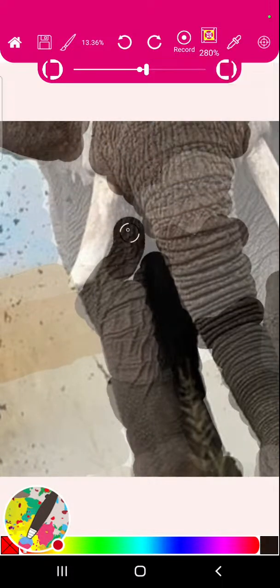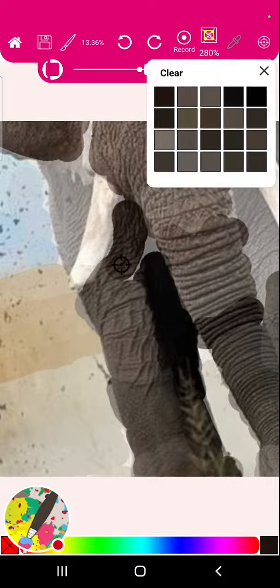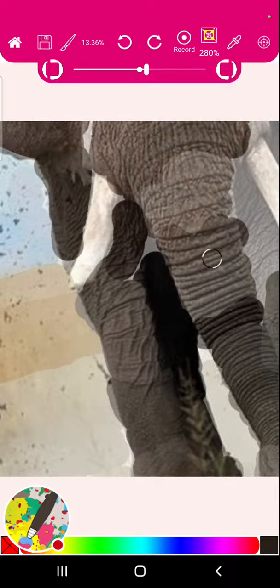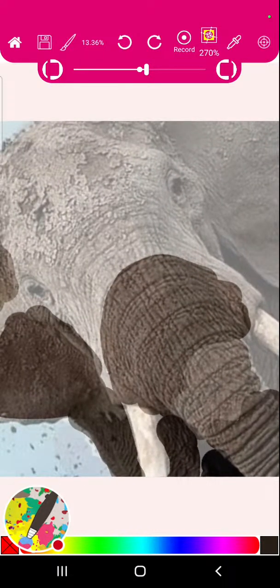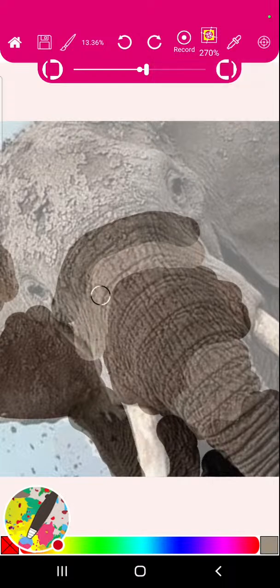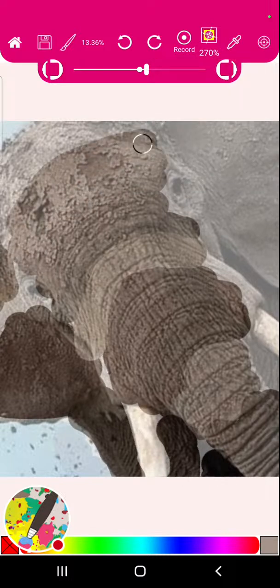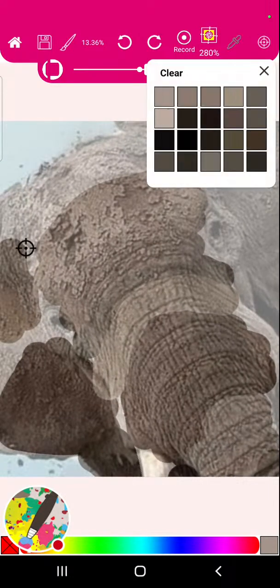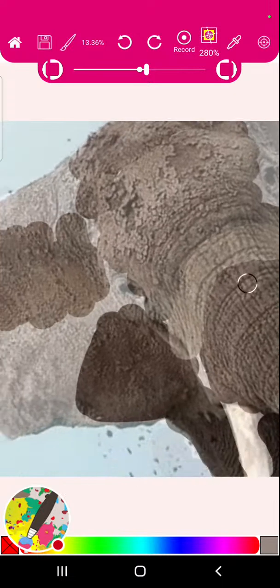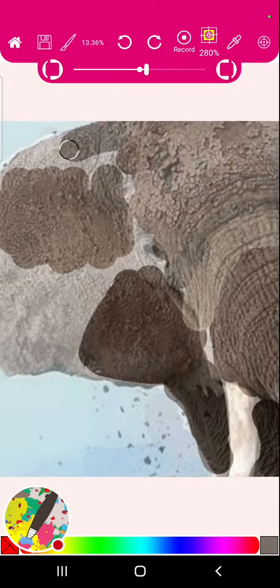Look at that wonderful tusk that's coming up. I'm still sticking to that 13% for the background and just laying down the foundation. I don't know what this elephant had, but for some reason it's got mud on it. I wonder what happened. This elephant has got mud like this on its forehead. But we're going to capture a lot of that essence and lovely detail of this elephant